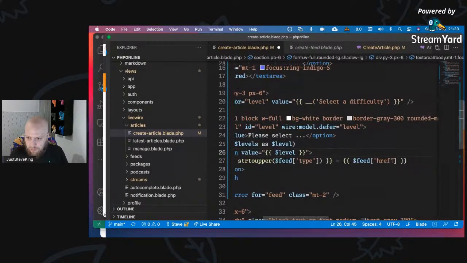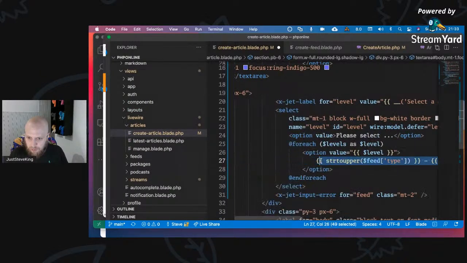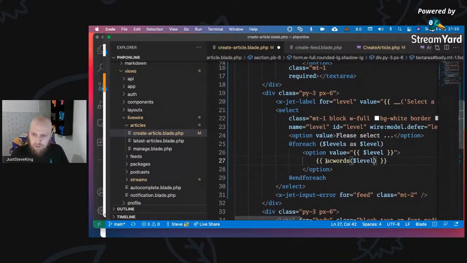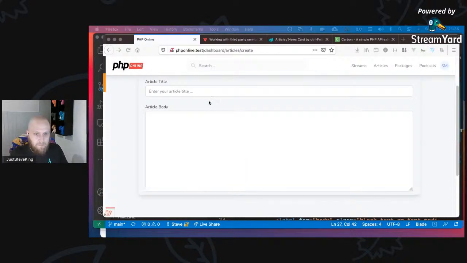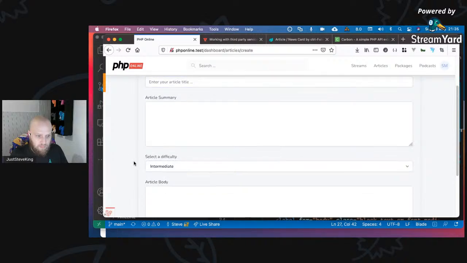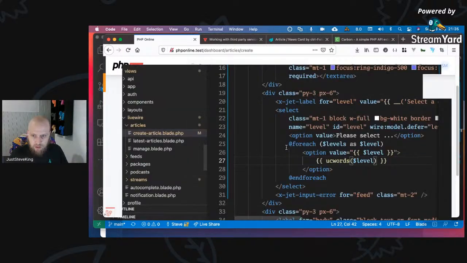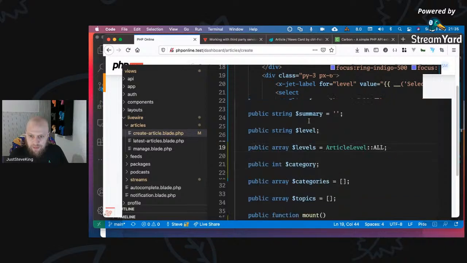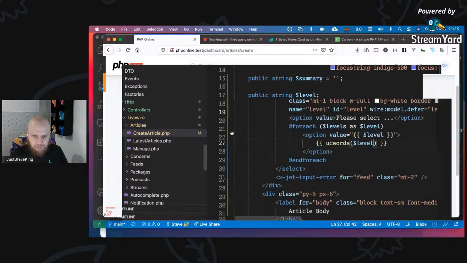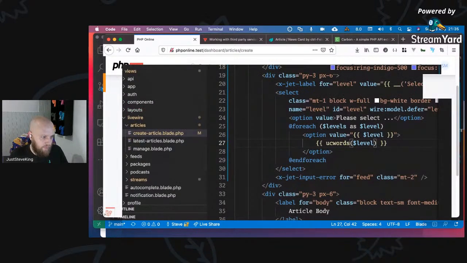String to upper. No, we don't want any of that. We just want to have keywords, in case we ever expand it, levels. Let's go look at that. Select difficulty, intermediate. Perfect. That's going to select that. Category, so select category basically. Probably going to do a type ahead search for some of this at some point in the future. But for now,